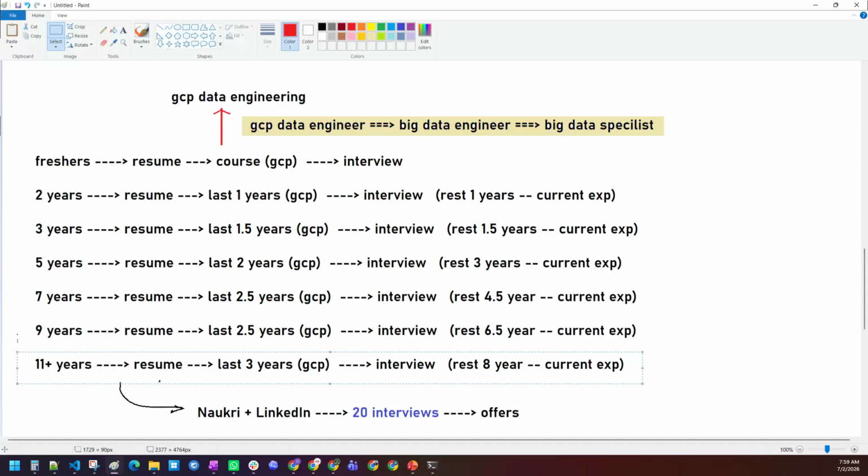It's the same answer for you: you can put the last 2 to 2.5 years on GCP and say, this is what I have done in the last 2 and a half years. Prepare your resume accordingly. Go to the interview saying that earlier I was working in testing, and I got an opportunity to work as a GCP data engineer, and for the last 3 years I'm working on GCP, on this many projects, and I have led 3 or 4 projects, whatever we have covered in the course. You can put it that way.